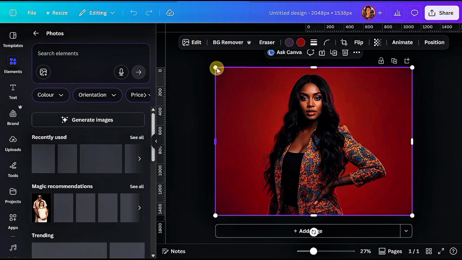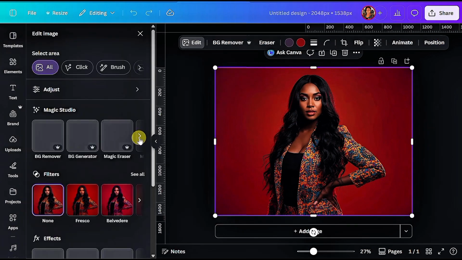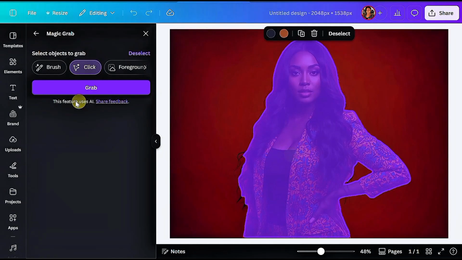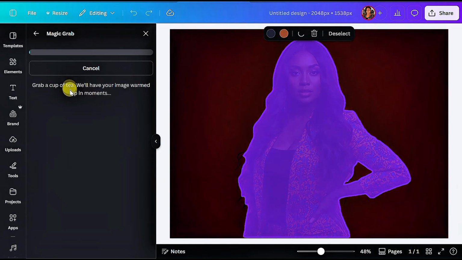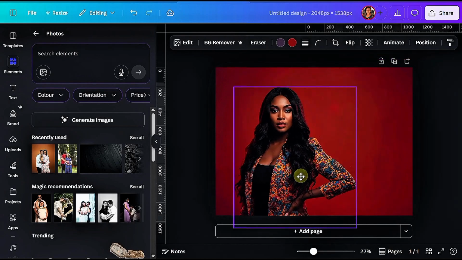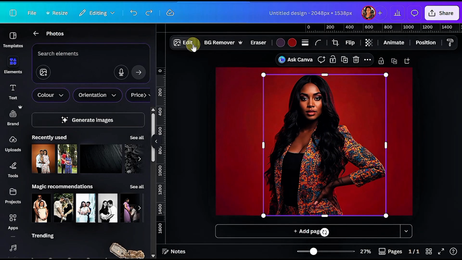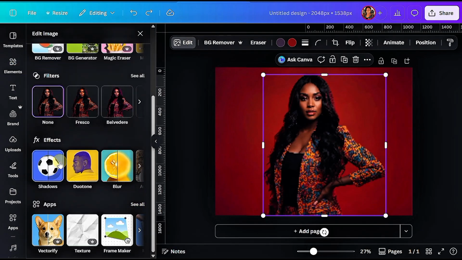And I will come over to edit here and come over to Magic Studio, and I will slide and use the Magic Grab feature. My image is highlighted. I will click on it and I will click on grab. Once I have the image separated from the background, I'm going to go back into edit and come over to